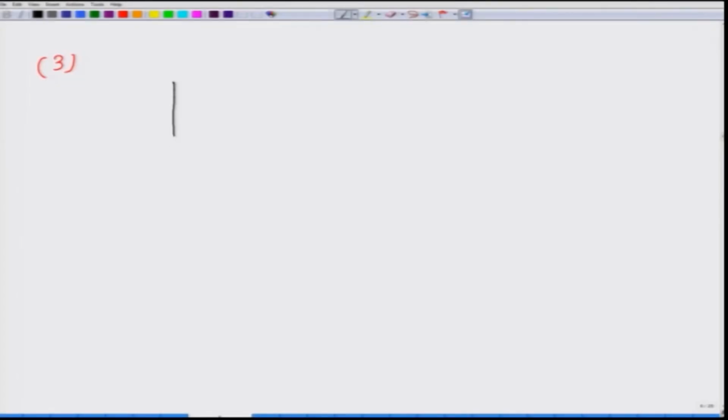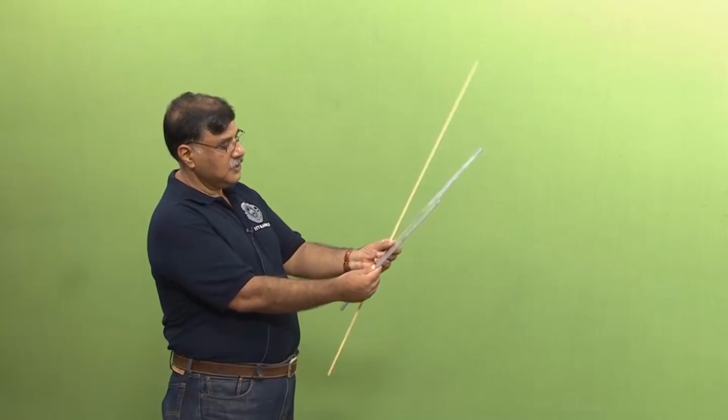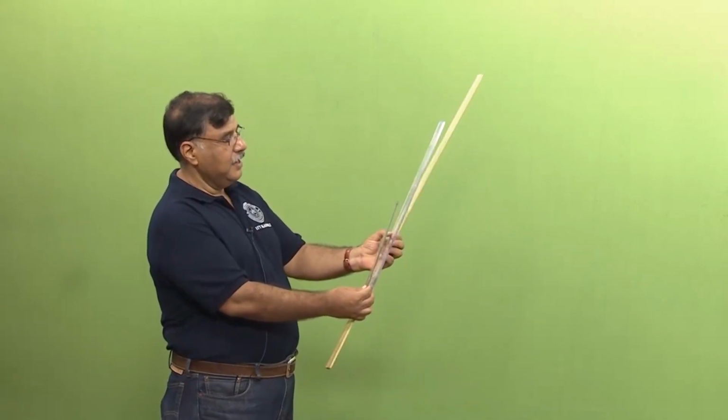If you try to balance a long rod on your finger, you notice that if the rod is small, then it is very difficult to balance it. On the other hand, if the rod is very long, it is easily balanced. I will show you the demo first, and then we will understand it through rigid body dynamics. What I have here are these 3 scales of different lengths,